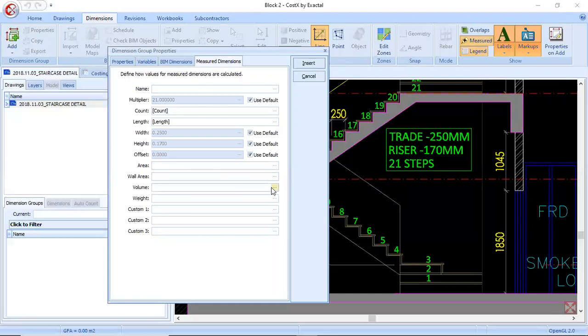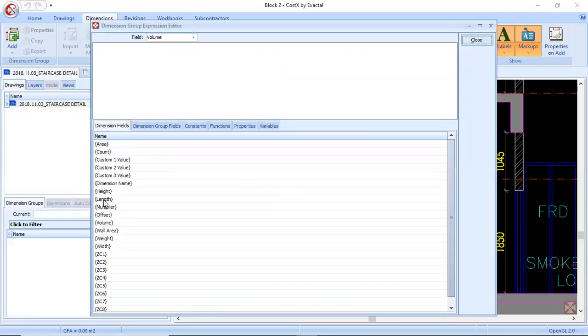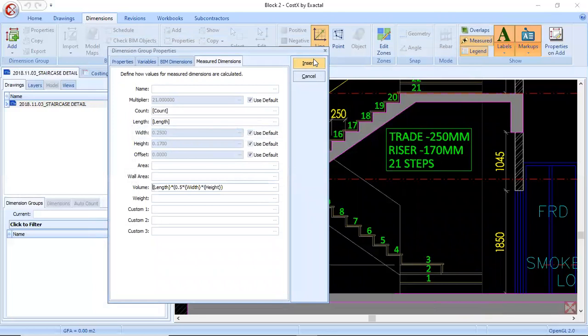Volume formula for steps is nothing but length, which I'm going to measure, multiplied by half into width into height, which gives me volume for the triangular portion. I will close it. I'm inserting.